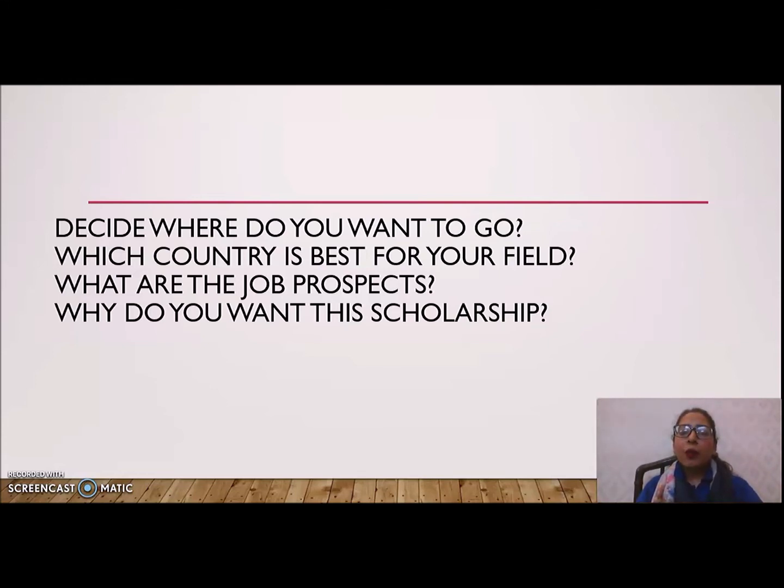Fourth is, why do you even want a scholarship? After you get the scholarship, it could be a master's scholarship, which is normally 1 year to 2 years. So you have got the scholarship for 1 to 2 years, you are studying abroad, and after that, what is your career pathway? Either you want to go for a PhD, you want to apply for a job, you want to start your own company. So it's very important to know what you are going to do after you've got the scholarship. So the first step is thinking about these main areas.